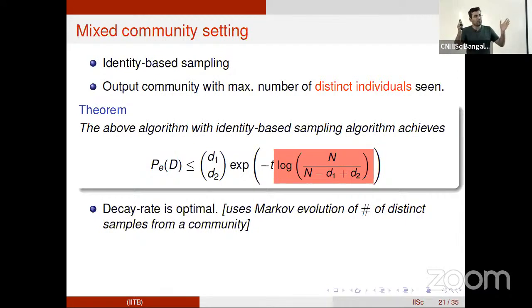So you relate the probability of error to the divergence between these underlying distributions and analyze the log likelihood. Here, the only difference is that the log likelihood now has to take into account this Markov evolution, not IID anymore. So you need to take care of that Markov evolution, and you have to come up with the right alternate instance. That is kind of the art in it. You just have to come up with the right alternate instance which gives you the optimal error bound.